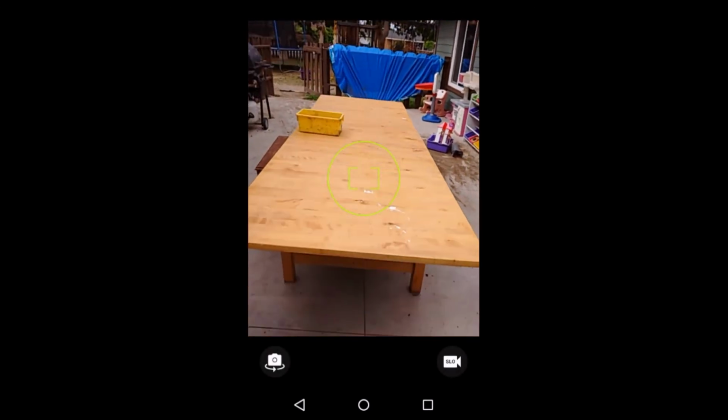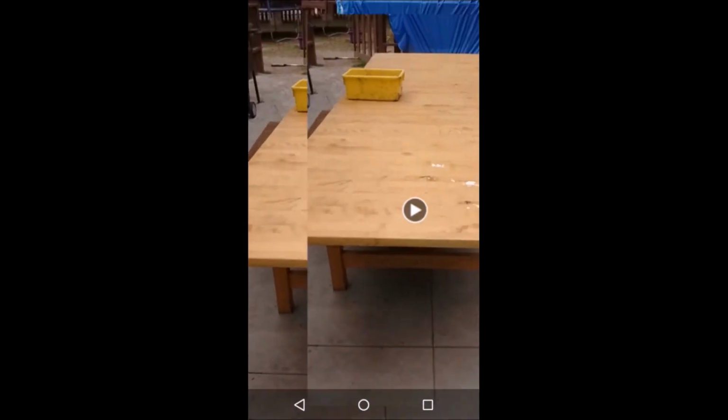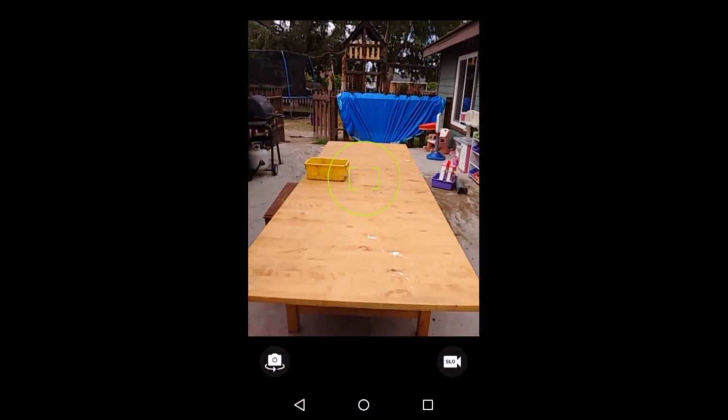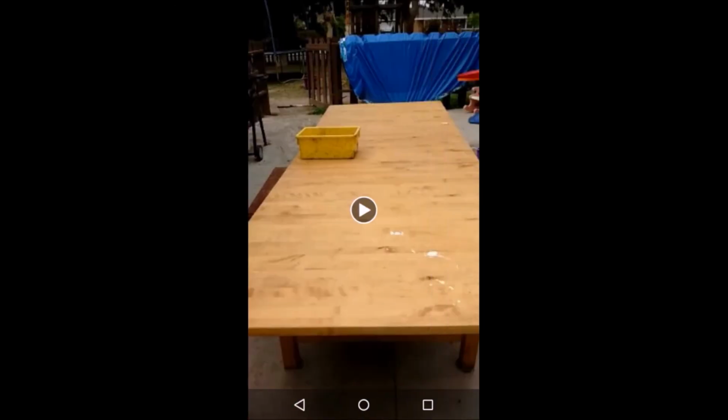Alright, so I'm going to take this video pretty fast, moving up and down and up, and then I'm going to slow this down to see how high the frame rate is and how much motion blur we get from a slow motion video. So,